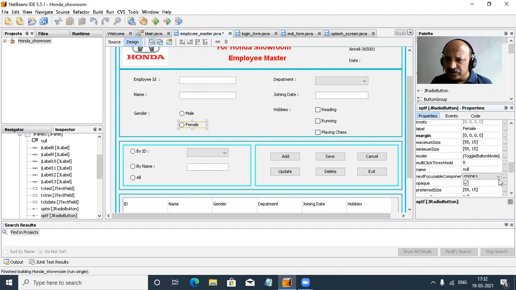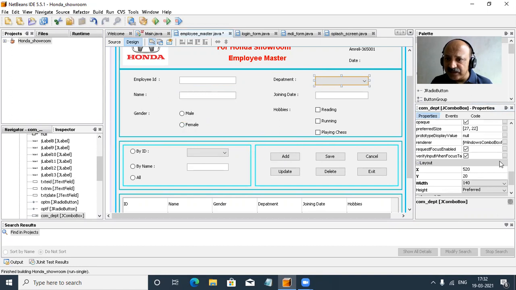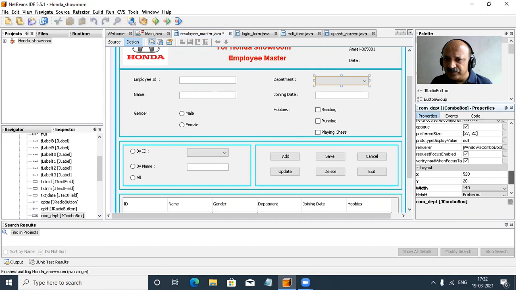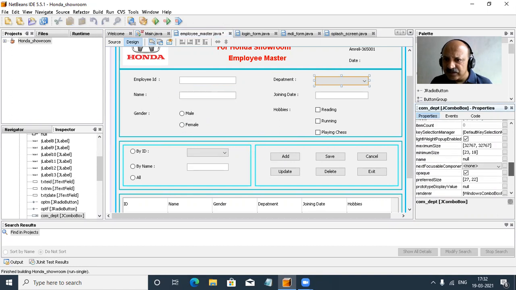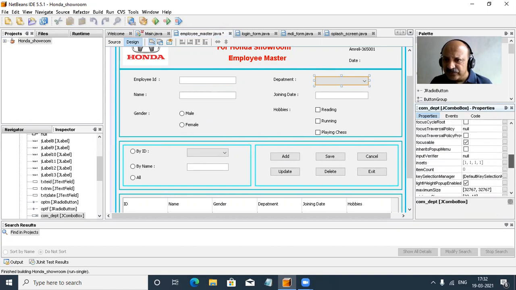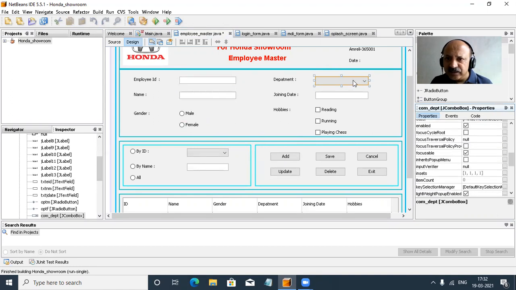Yes, you can look here. We can select our combo box, that is COMB department, and for COMB department we can select the next focusable control as our joining date field. So yes, that is the next focusable, I select it, perfectly.